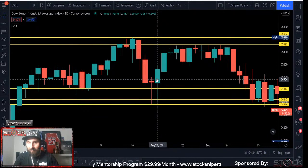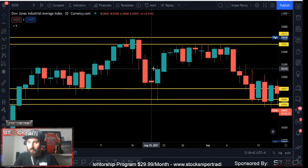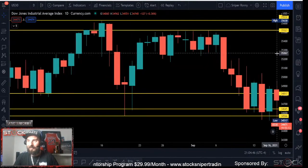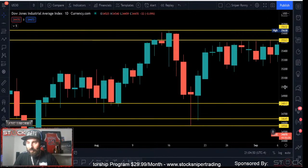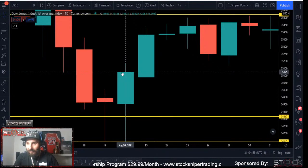We have all this volume engulf here, and we come up to about 50% of this bearish daily candle right here at 35,120. We closed there. Next day, they gapped it down. That's a gap down daily candle. For you guys that don't understand what a gap down is, look closely, guys. Follow your candlestick. Zoom in. See right here on the daily, we closed at